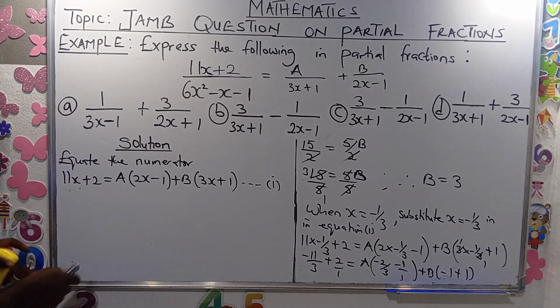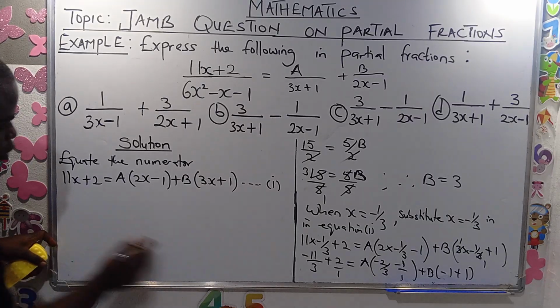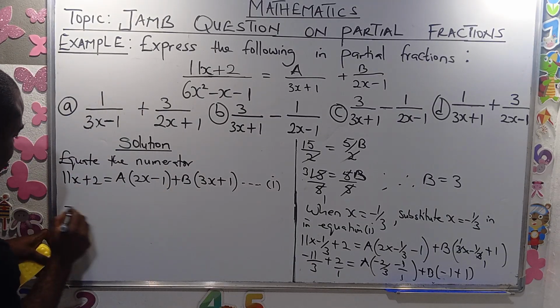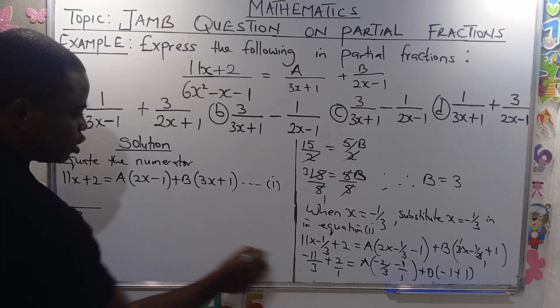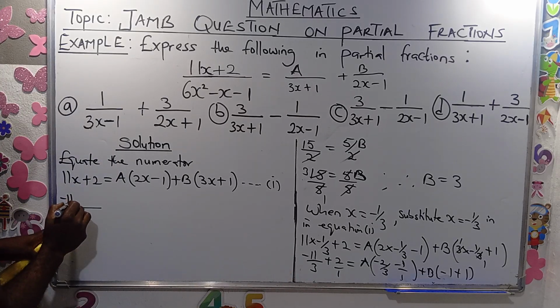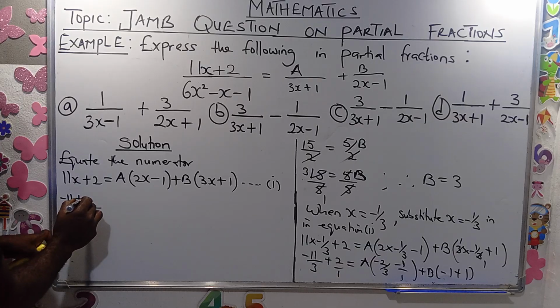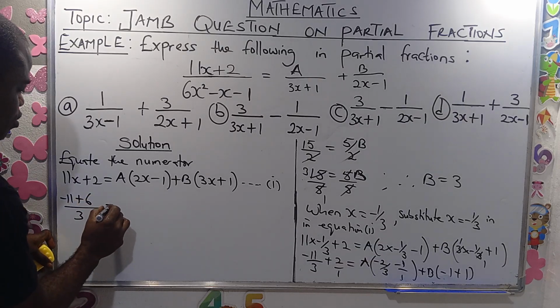At this junction, the LCM of 3 and 1 is 3. 3 goes in 3, 1. 1 times minus 11, that's minus 11, plus 1 goes in 3, 3 times 2. 3 times 2, that's 6, equals to A